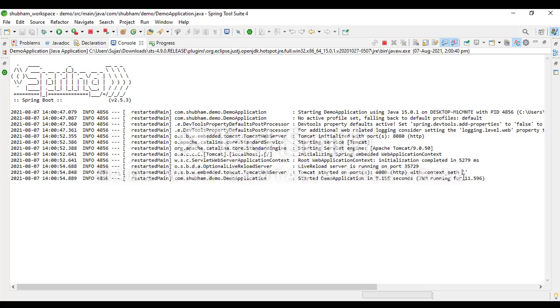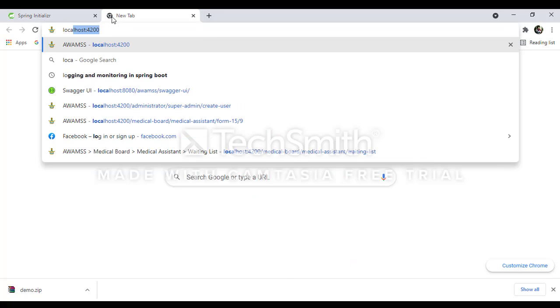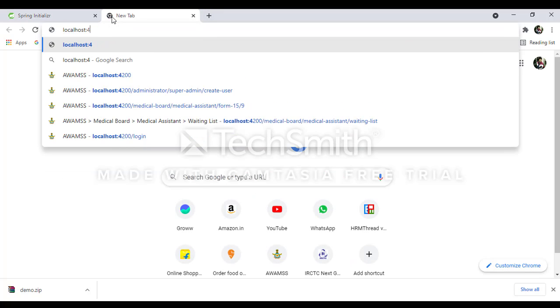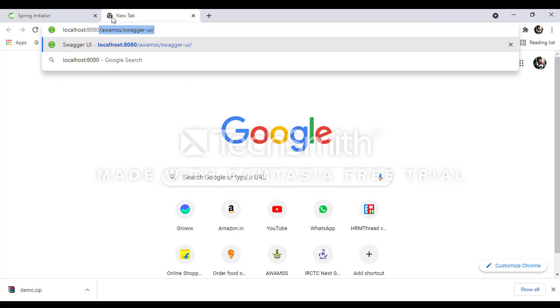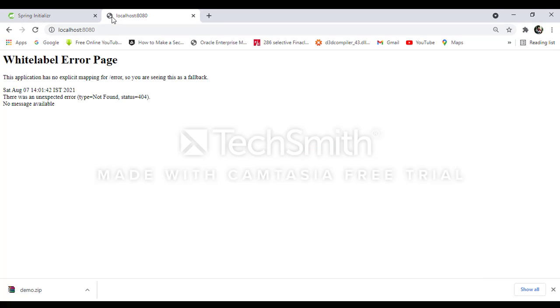So our application started successfully with no context path, because we did not give any context path in application properties. Now we check in our browser. Our Tomcat started on port 8080. Simply we go to our browser and hit localhost:8080 and enter. You can see a Whitelabel Error Page.